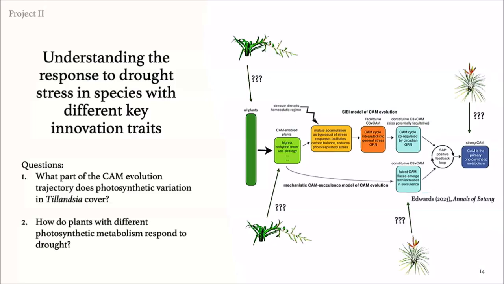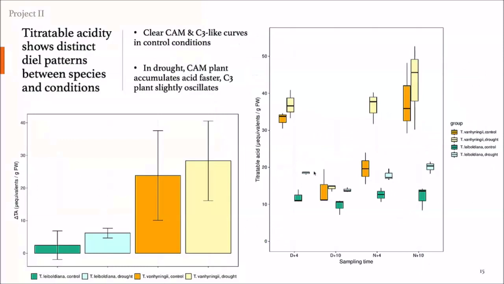For the CAM plant, we actually selected an even stronger CAM than fasciculata. They're very closely related, and the difference is not massive, but still, it's a different species. And the first thing that we did was to measure the acidity in the leaves of these plants at different time points. As I said, a CAM plant would start to accumulate malate in the vacuole